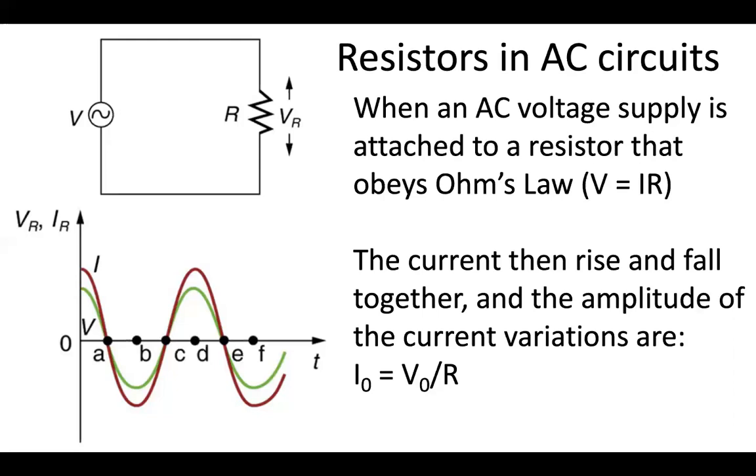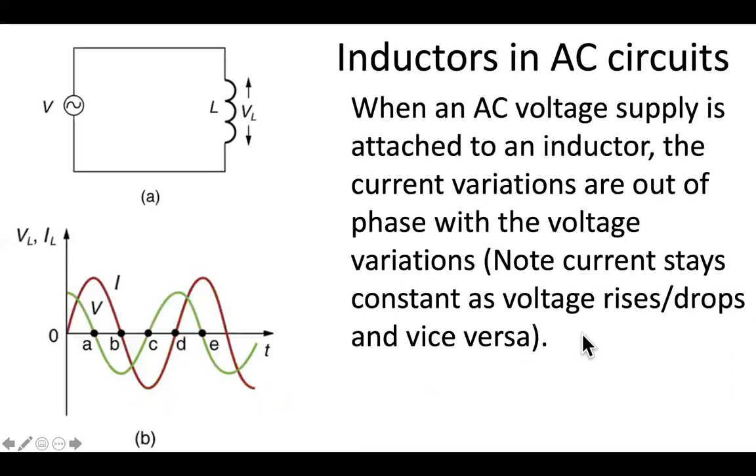What gets interesting is if we start considering things like inductors. Inductors don't work like this. Remember, inductors don't like having the current change. So it turns out if you put an oscillating voltage signal into an inductor, the voltage oscillates back and forth, and the current does oscillate back and forth, but they oscillate out of phase with each other. That is,